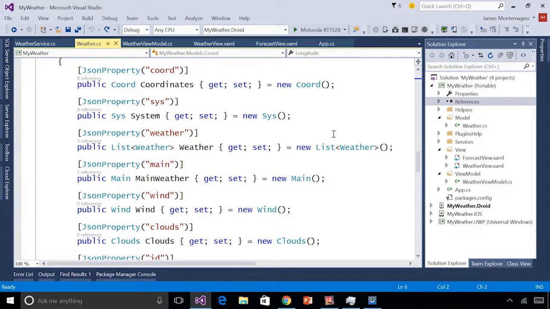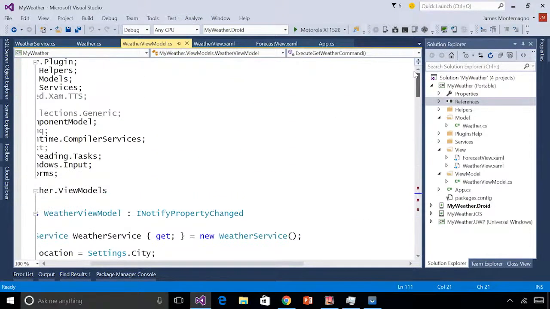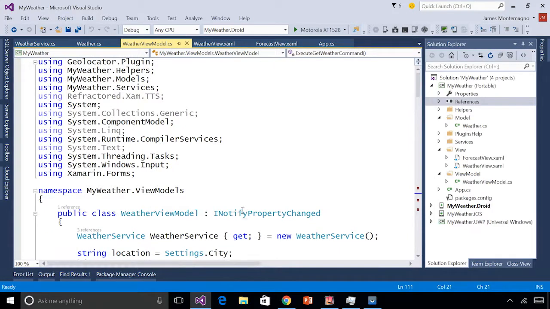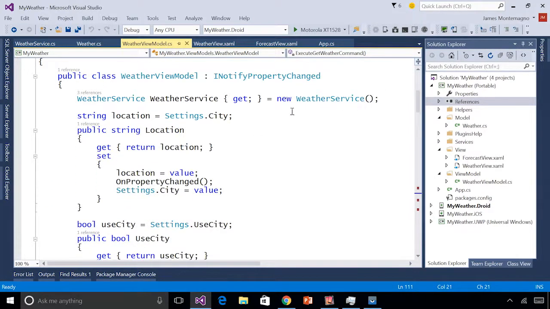And the key of it here is that we use Xamarin Forms. We're going to create our views all in XAML, but we need some code in the code behind to actually bind to the user interface. And that's where our weather view model comes in. Let's take a look at the top. Here we're implementing INotifyPropertyChanged that I'll get back to later. We're using our weather service, and I have a few properties to bind to, such as the current location that